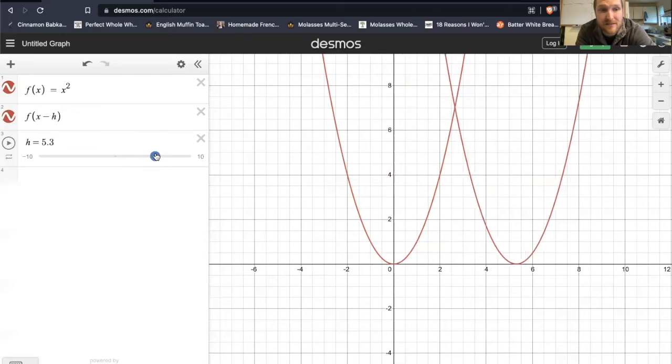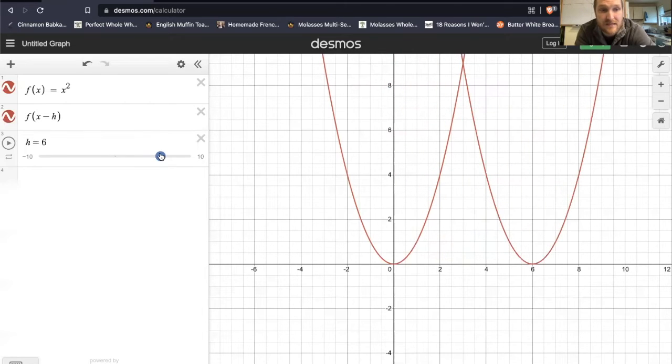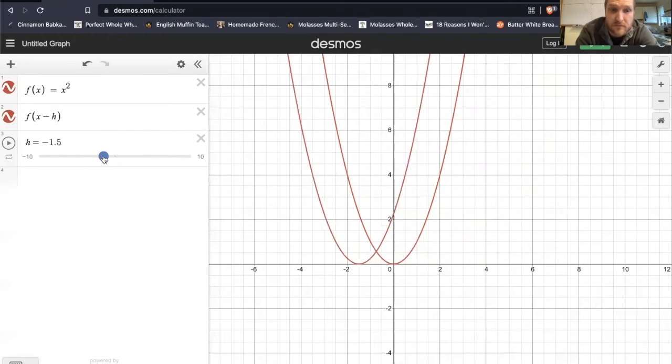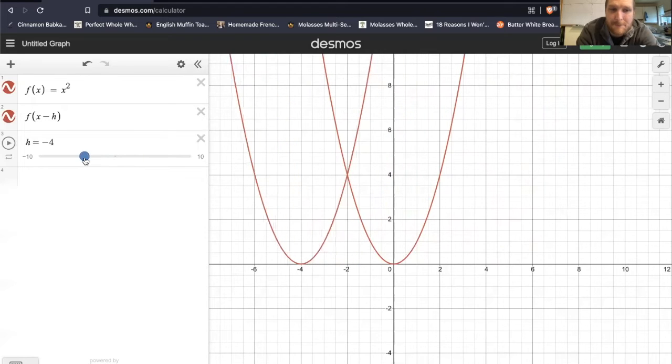Let's see what happens. And yep, there you go. The graph on the right is plotting f of x minus 6. That shifts the entire graph to the right by 6 units. I could shift it over to the left as well by making these values negative. So now we have f of x minus -4. That's the same thing as f of x plus 4, which of course shifted everything to the left